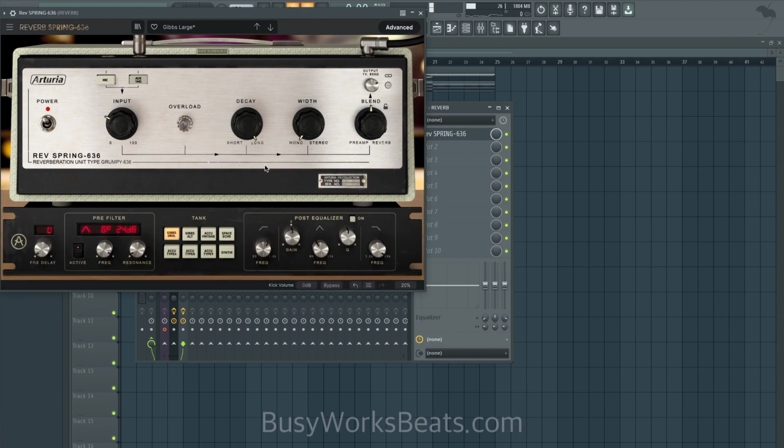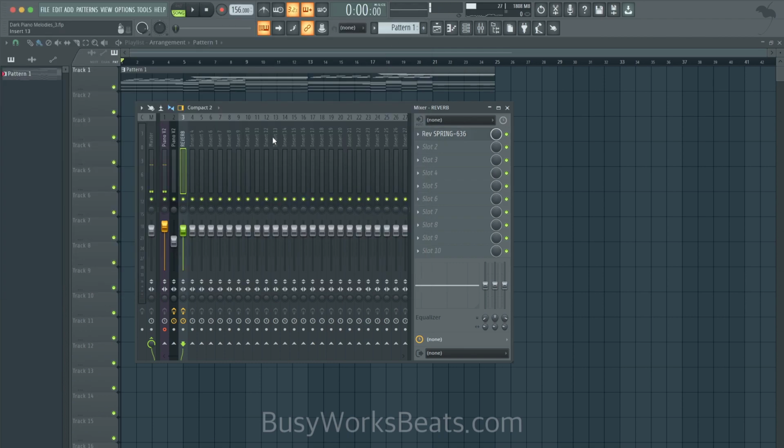Let's go to advanced. Do we have an input? Yeah, we do. So let's cut out the lows here. I know I'm moving a little bit quickly, but let's just cut out the lows and cut out the highs to about 5K, just so it doesn't get too huge in the reverb, because reverb is an instrument and it could take up a lot of space, and a lot of people don't monitor their reverb.